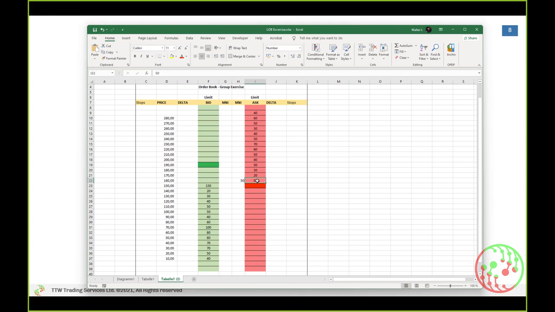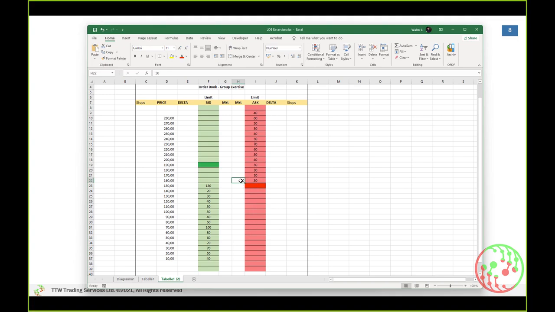50 guys, or maybe one guy, is providing 50 contracts, 50 kilograms of apples. I'm not sure what US measures are, but I'm using European measures: 50 kilograms of apples, or 50 pieces of apples. There's one guy who wants to buy 50 apples, and then he got the 50 apples here. So this is the limit liquidity.